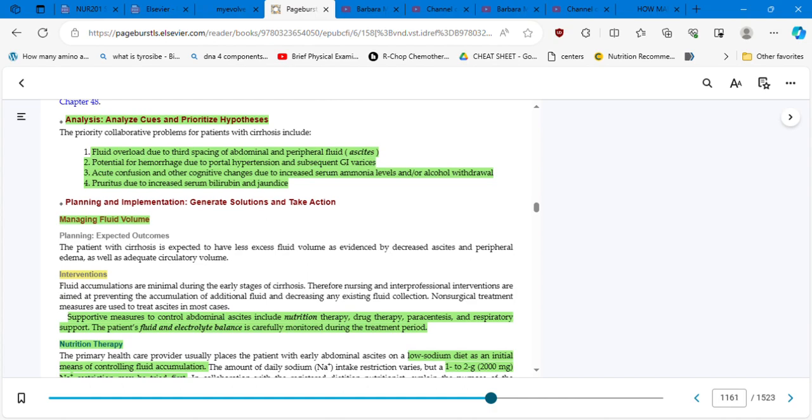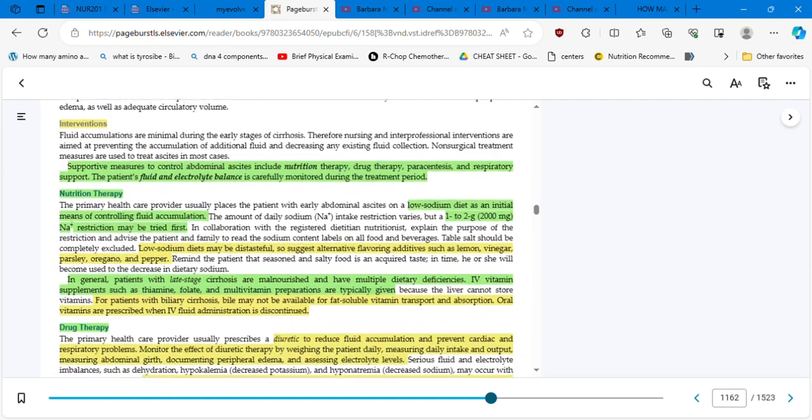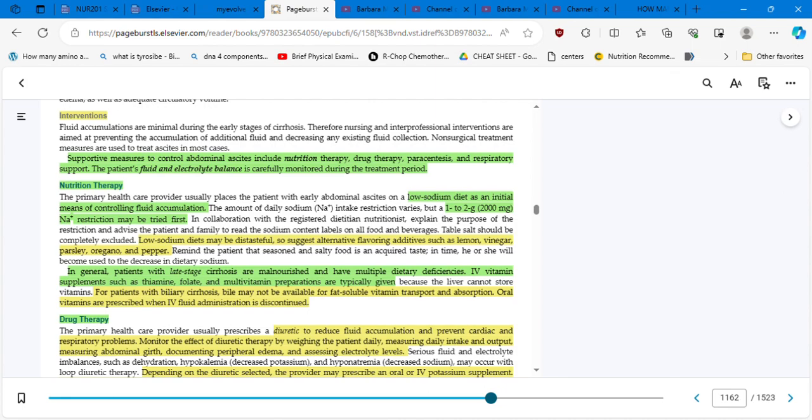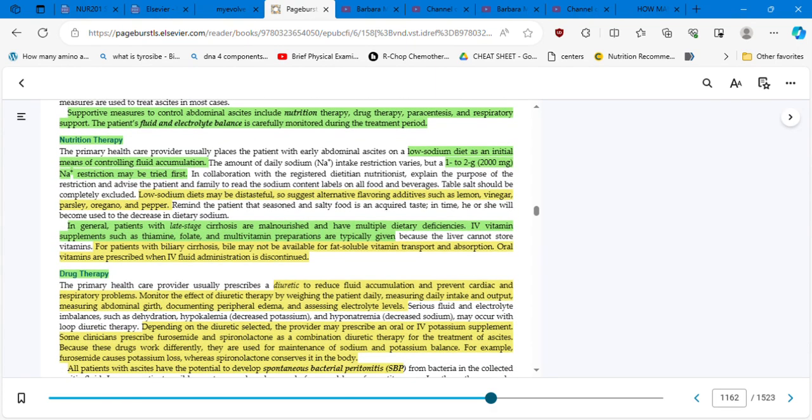So how are we going to manage the fluid volume? The interventions, supportive measures to control abdominal ascites include nutrition therapy, drug therapy, paracentesis, and respiratory support. The patient's fluid and electrolyte balance is carefully monitored during the treatment. Nutrition: we have to provide the patient with a low sodium diet as an initial means of controlling fluid accumulation. A 1 to 2